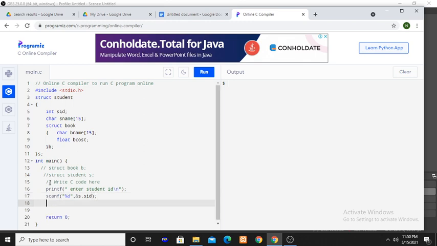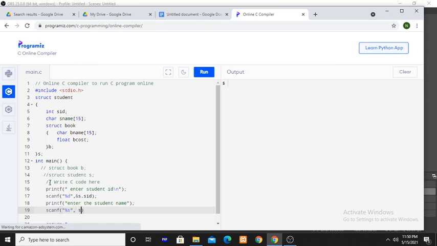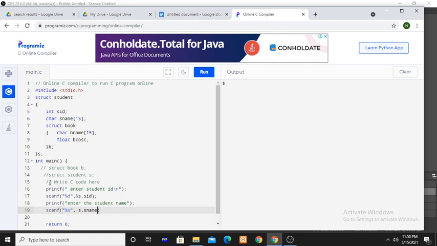Next printf, enter the student name. So scanf, percent s, it is the percent s format code, s dot s name. No need to use the ampersand operator.